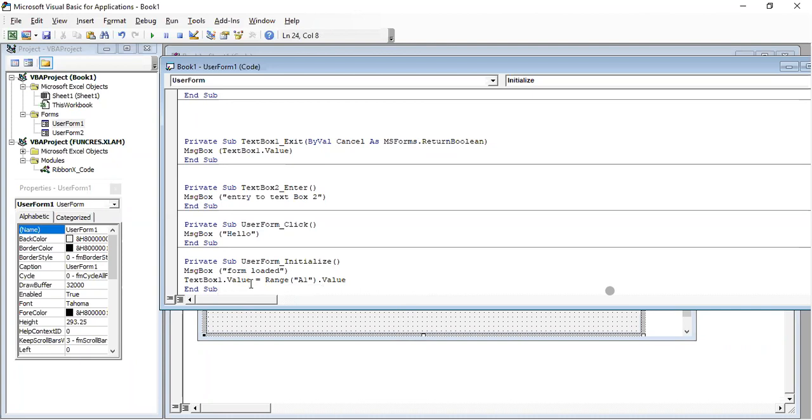When the form is loaded, I want the cell A1 value to be put into text box 1. And then when we exit text box 1, the value will be displayed. Right? Let us run this.